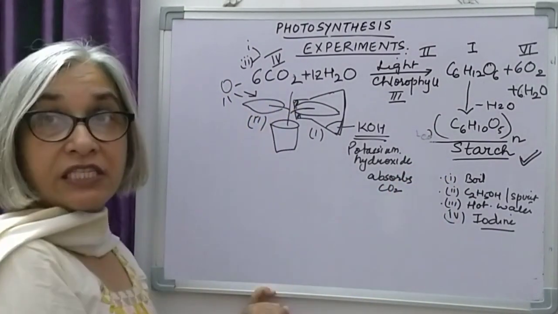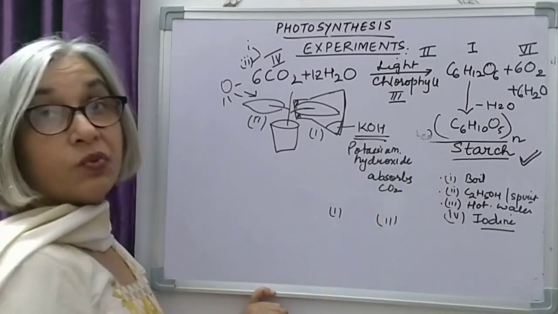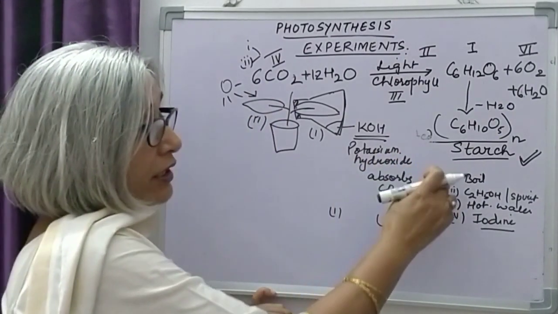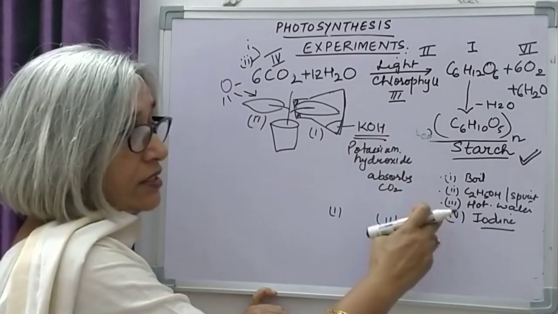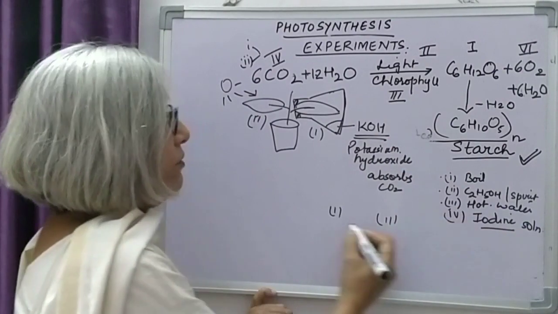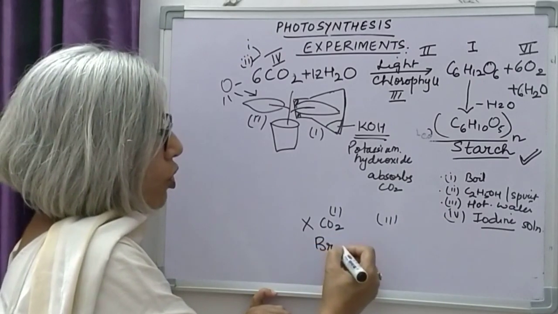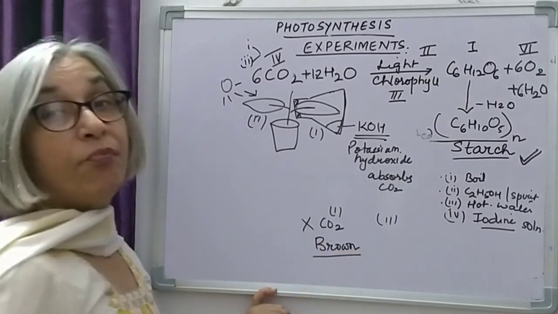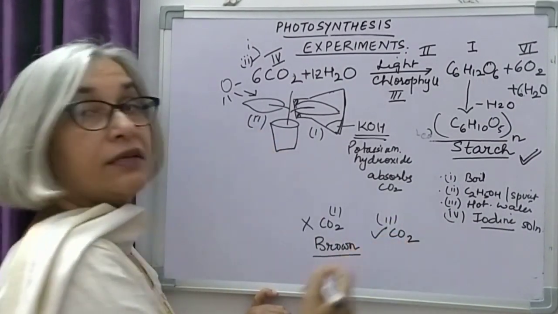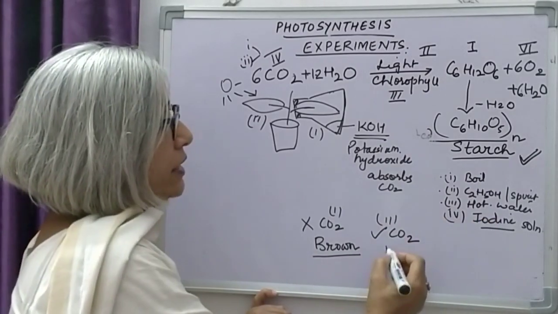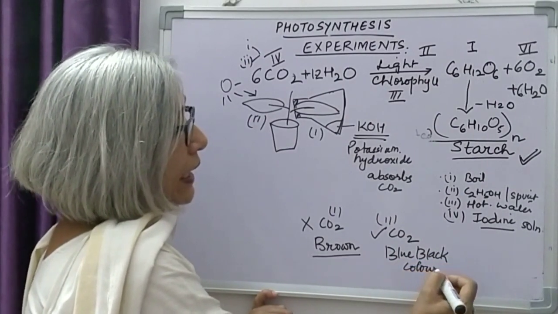We break both these leaves, leaf 1 and leaf 2, and test them individually for starch. We will see, boil the leaf, both the leaves, treat it with methylated spirit, again keep it in hot water and test it with iodine solution. We will see leaf 1 did not get carbon dioxide, so on doing starch test becomes brown in color. Whereas leaf 2, which was getting carbon dioxide, on testing with iodine has become blue-black in color, clearly indicating that